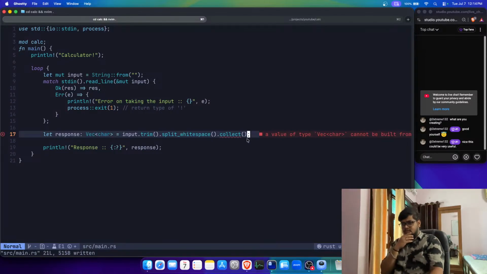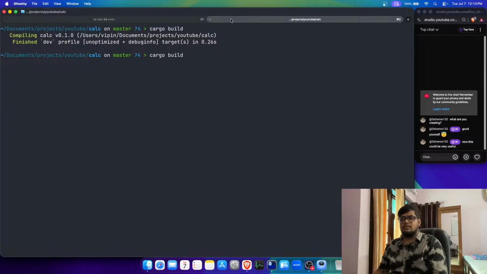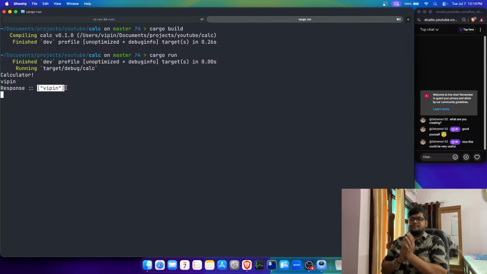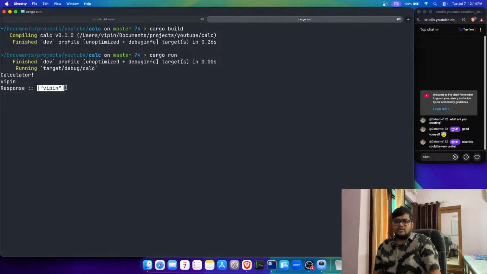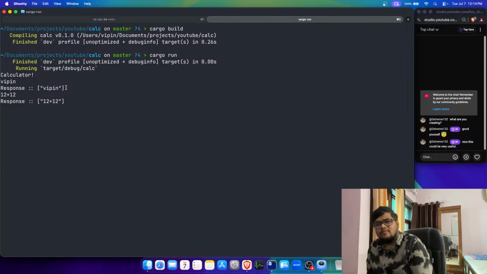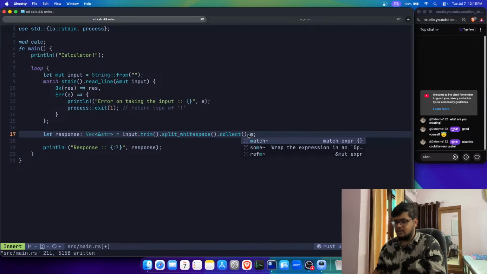Okay. So it is this, right? It's okay, even if it is a slice. It will not do much harm, I guess. Okay, amazing. I get this thing now, but I get it entirely. I don't want this because let's say I do something like 12 plus 12. I get this thing, 12 plus 12. Instead, I should be getting these elements separately, right? So what can we do here is maybe can we map